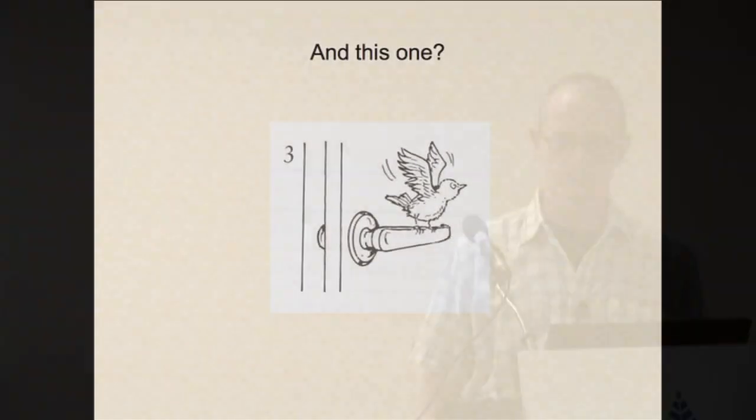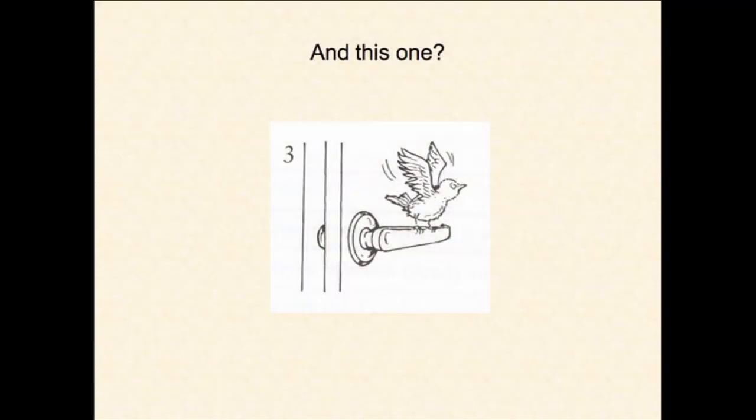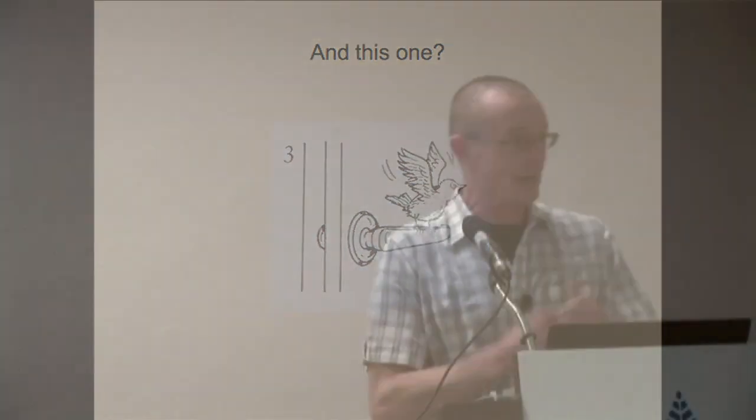How about this one? Also from an existing textbook. To fly off the handle. Does it elucidate the meaning of fly off the handle? Not at all. Fly off the handle means to get angry all of a sudden, right? The origin is you take, for example, an axe, and you have a handle and a metal thing, and the metal thing flies off the handle. So it's dangerous. This doesn't look so dangerous, does it?